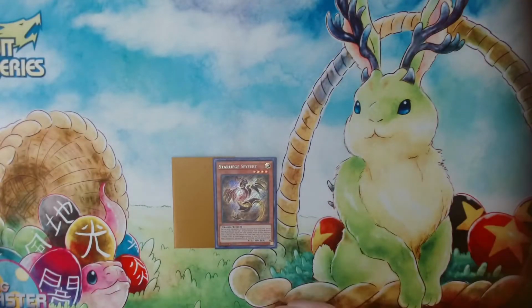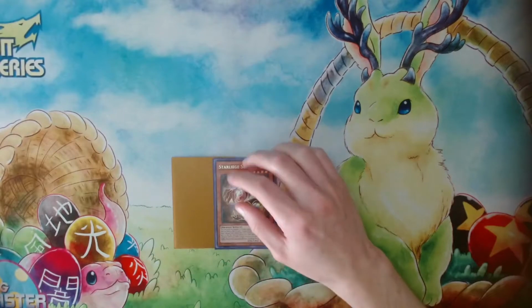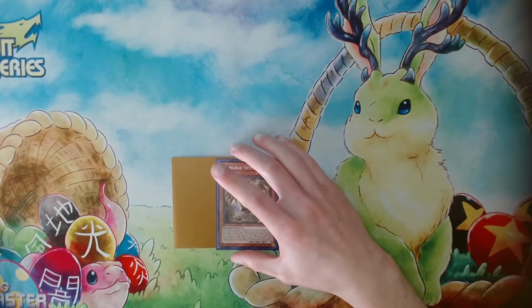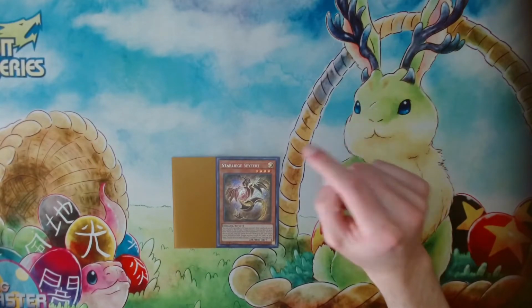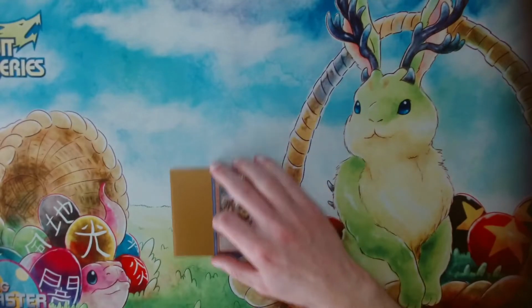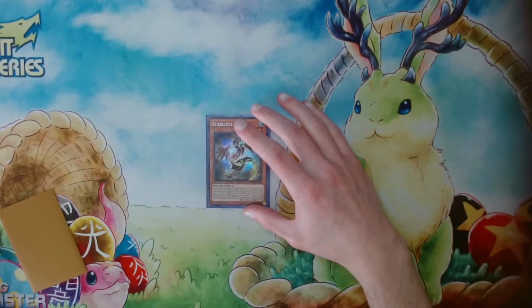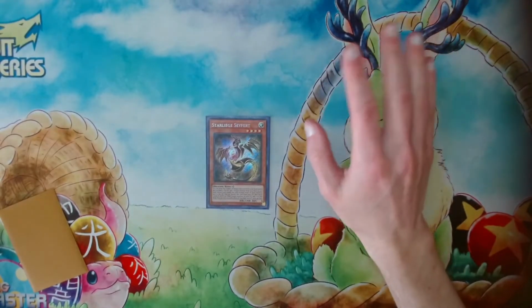Now we're going to get into the more Rokket Dragon Link Orcust style of deck. This style of deck is popular because dragons can make Chaos Ruler very easily, and Chaos Ruler can be a very good Orcust enabler. Now before I start, the thing I want to mention about the dragon combos is that